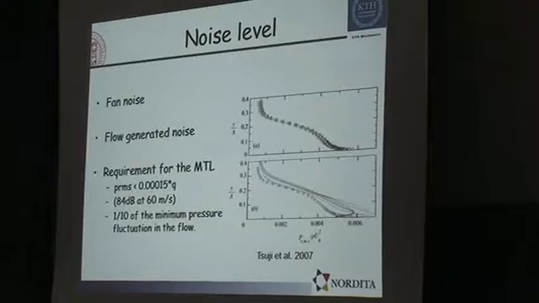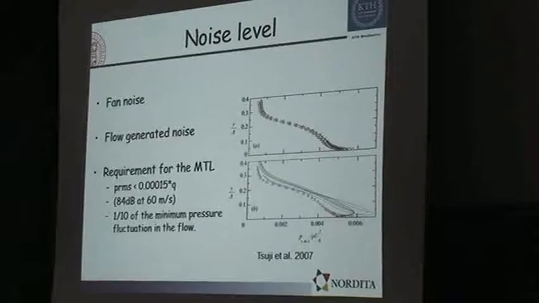Now noise level, this is also an important parameter. There are two types of noise: the noise of the fan, which is the one we really want to avoid, and the noise generated by the flow. If you want to perform measurements of the fluctuating pressure, you need an acoustic level low enough not to perturb your measurements too much. And also, like in the MTL, if you want to perform stability measurements, you need a very low acoustic level in order not to force